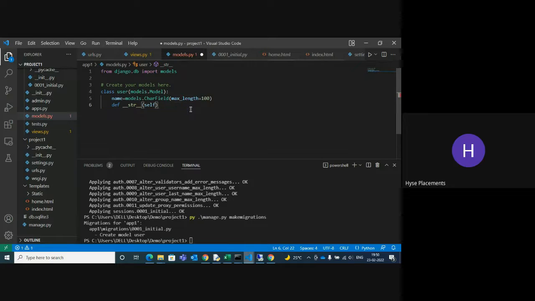This is a very confusing method. Just give the return method, and what is the parameter you are passing, self.